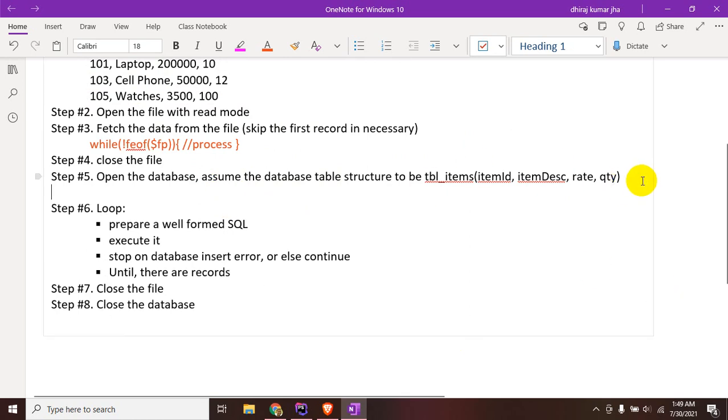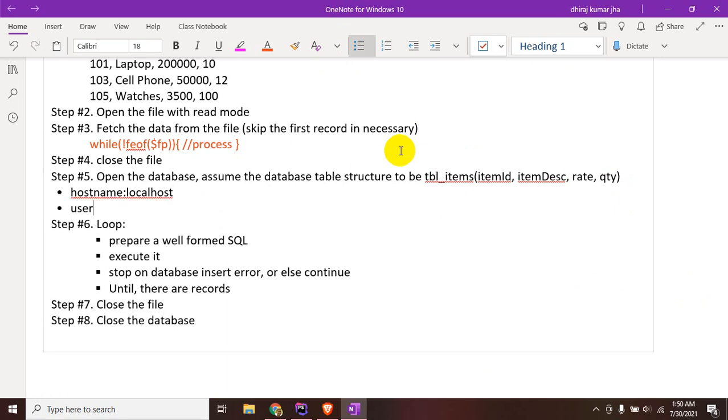So assuming the database host name is localhost,